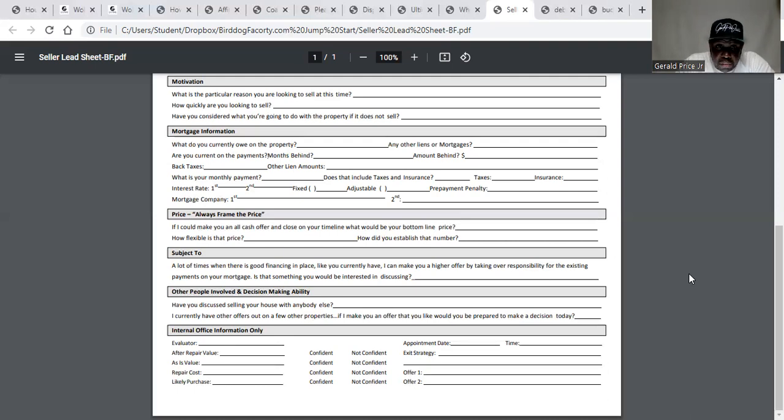That's some internal office information. You're going to get the ARV, understand the as-is value, come up with the rehab budget, those types of things, and the appointment time. So this is the seller lead sheet. Just go through this and practice this. I would suggest you practice this and get comfortable with the different sections. If you have any questions on the different sections,